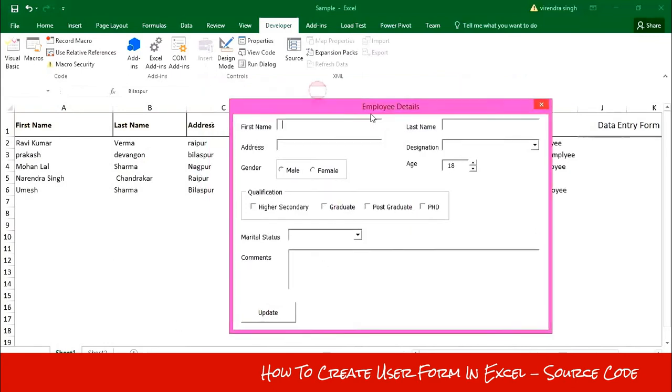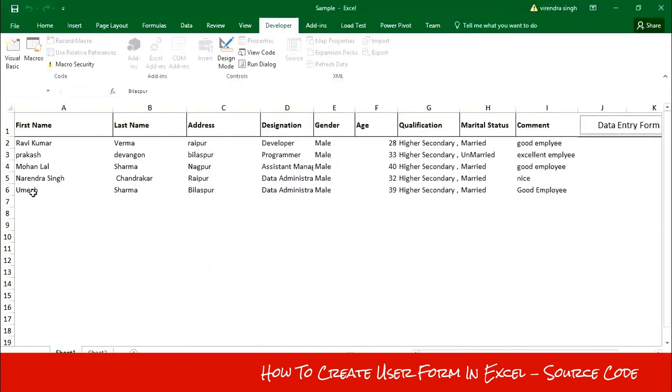So the new record has been inserted into the next available line. Okay, this is the program.